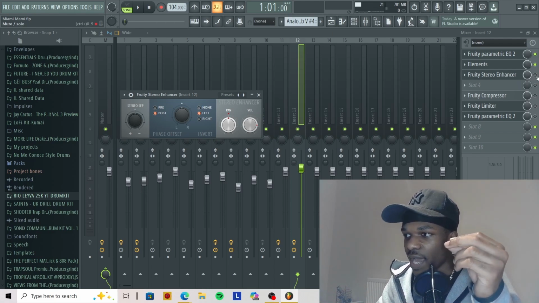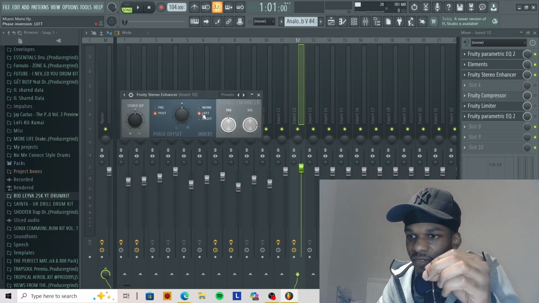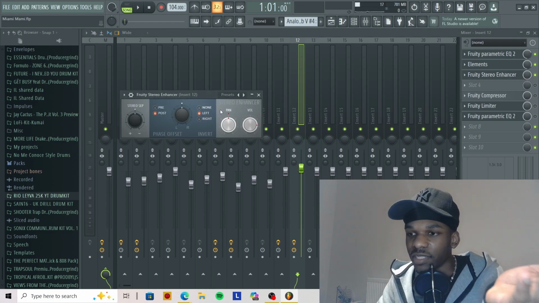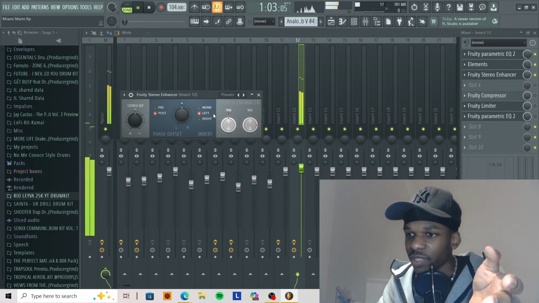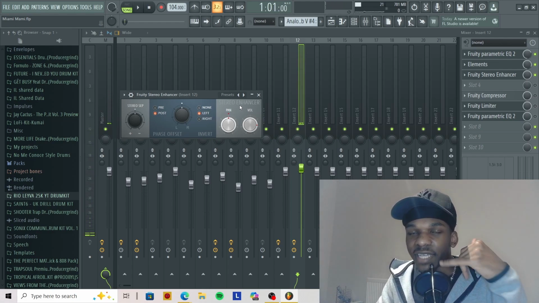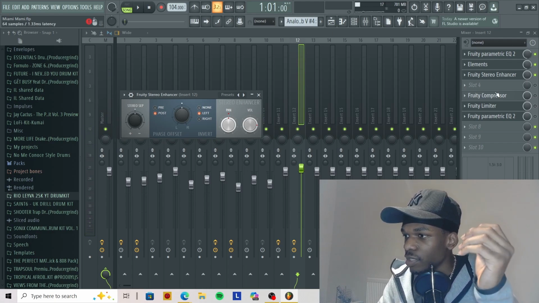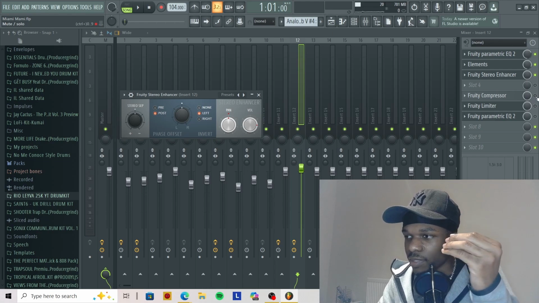So yeah, I added the stereo enhancer, and all I did was click left because it sounded good to me. Sometimes it doesn't have to make sense, but I didn't tweak any other knobs. I was just clicking through, and left sounded good to me. It sounds like it's a phone call coming from one side. You're on the phone. Da da da. And then I added a compressor